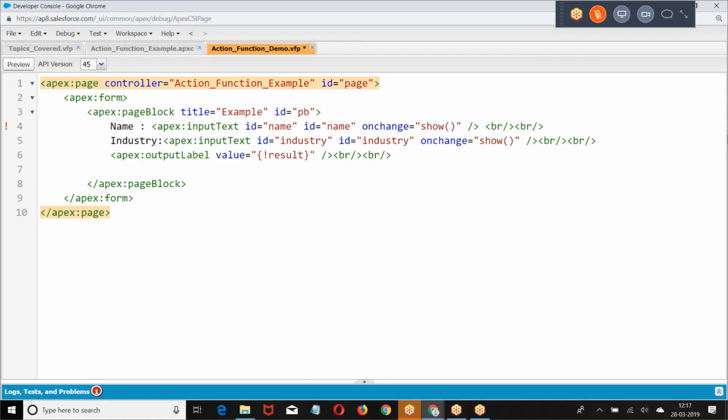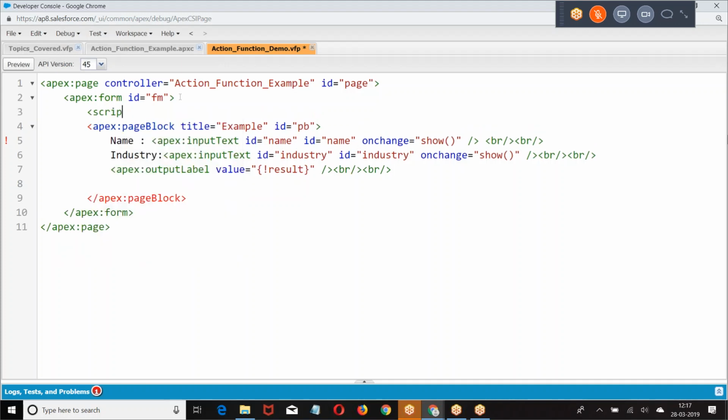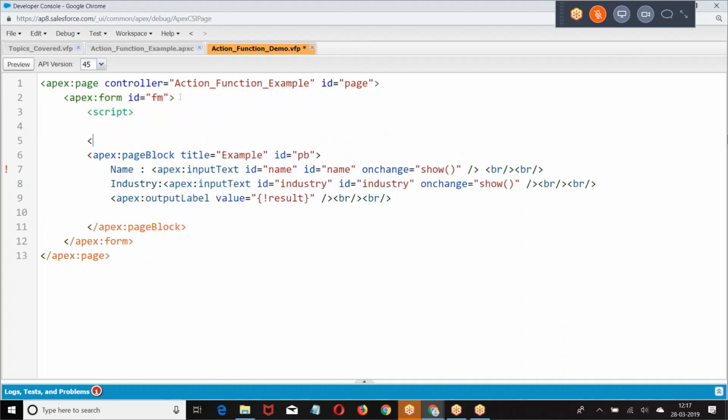Now what I was doing here, try to understand this requirement. Script. Function.